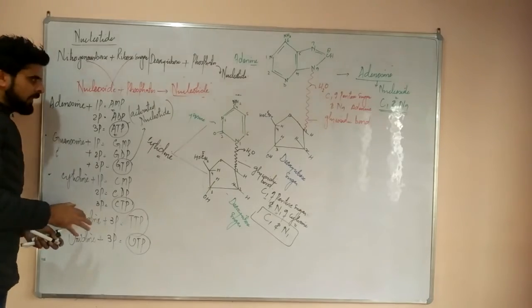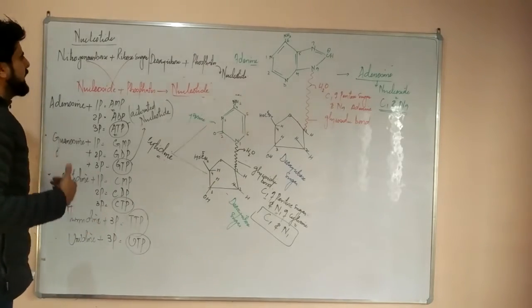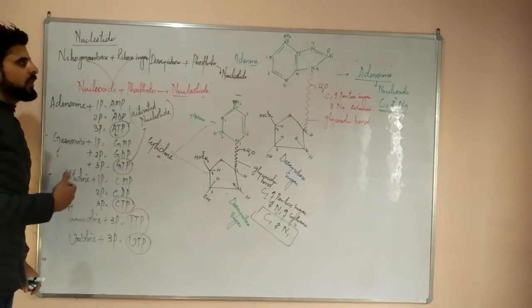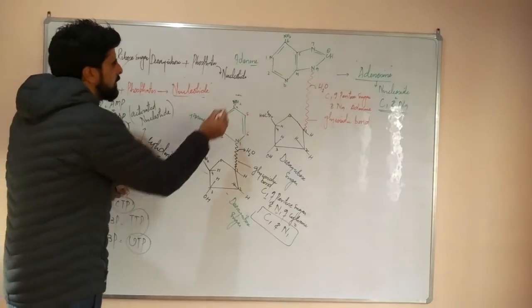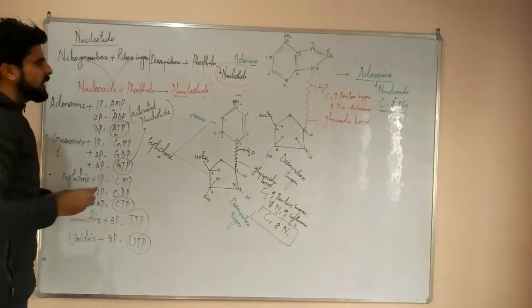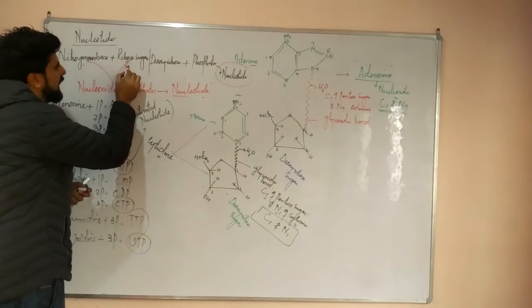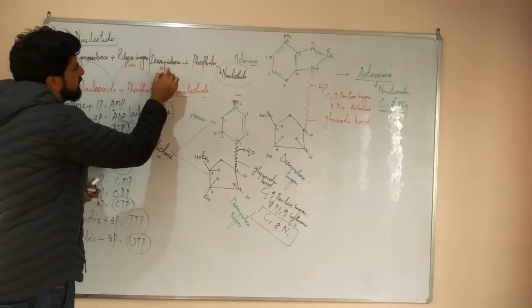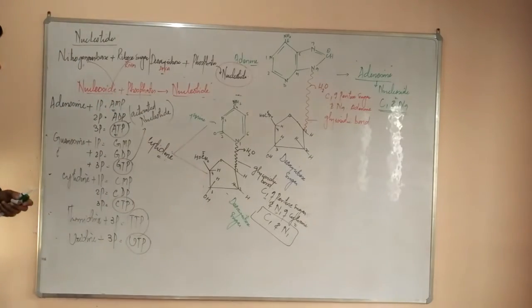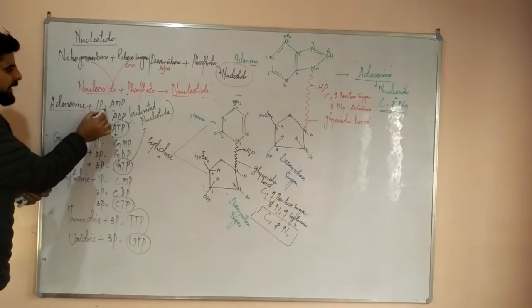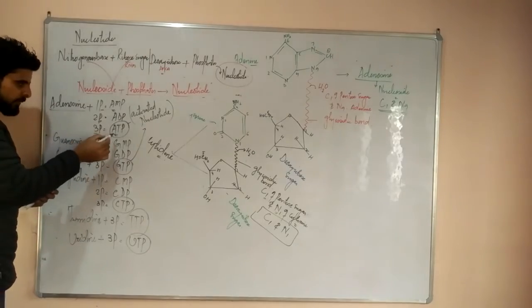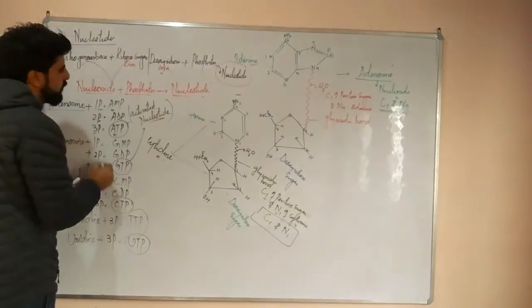So you have to keep in mind that the nucleotide is made up of nitrogenous base plus pentose sugar, that will be ribose sugar or a deoxyribose sugar, plus phosphates, they give us nucleotide. But a very interesting point is that the nitrogenous base, when it combines with the pentose sugar, either ribose sugar in case of RNA or deoxyribose in case of DNA, forms a nucleoside. So if a nucleoside combines with the phosphate, it makes a nucleotide. Similarly, if we have a nucleoside adenosine combining with one phosphate, adenosine monophosphate, two phosphates, adenosine diphosphate, three phosphates, adenosine triphosphate. Now it becomes the activated form of the nucleotide.